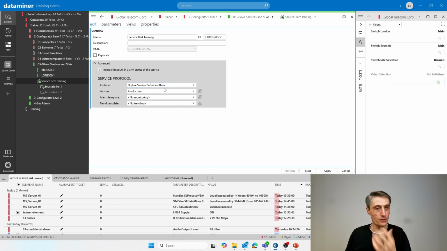So the service definition or service protocol is using that connector or protocol logic to make that service definition available here. We use, as our example here, the service definition basic. This one also has a possibility to define alarming and trending on there. I'll immediately assign the standard template that I have available in my system, the standard alarm and trend template. Okay, so I just selected that service definition basic and the alarm and trend template, and now let's apply